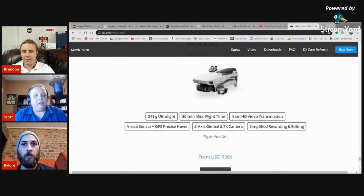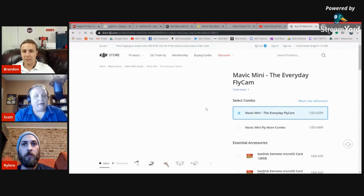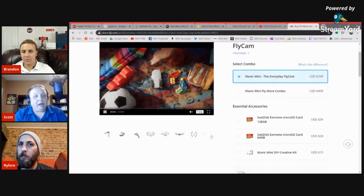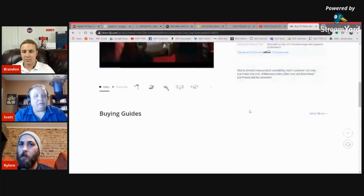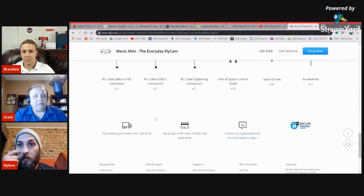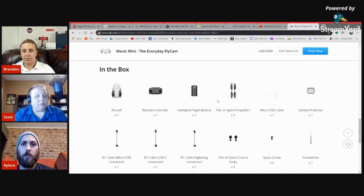The Fly More bundle may give you the charge pack that allows you to charge 3 batteries at the same time, and then they'll give you the 3 batteries. They may have a style bundle of some sort that gives you that charging base. What DJI does is they release the base unit for the $399, and then it goes up from there. And some of those include the remote. If you get the base without the remote,